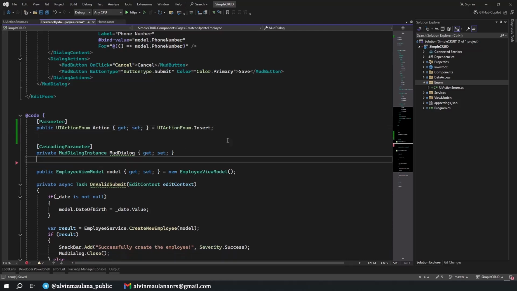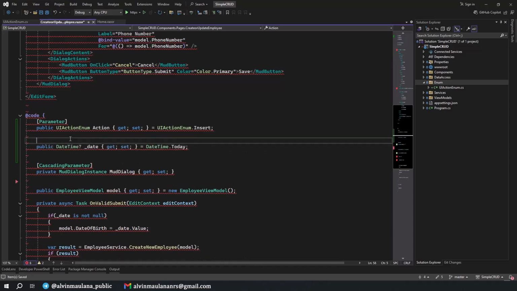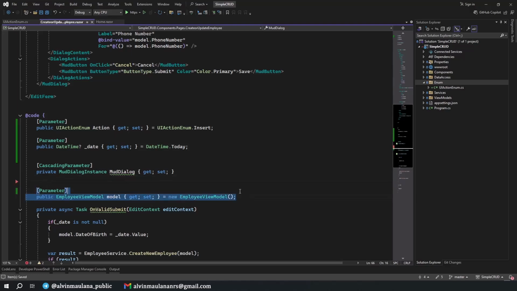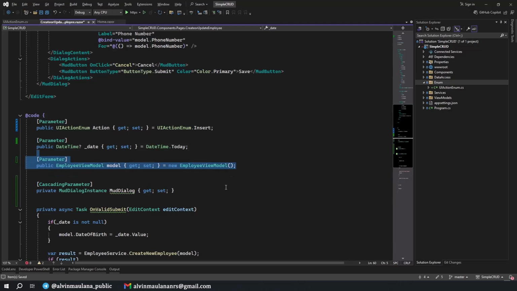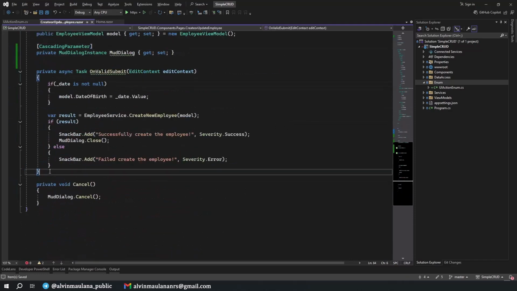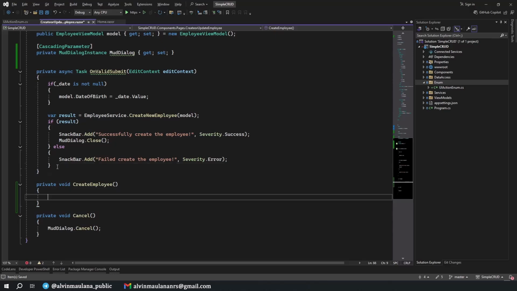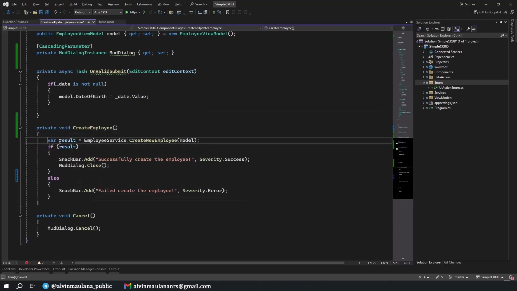And then this one should be a parameter also, because we will define this when we try to show the current user, current employee, I mean. And also this one we set as a parameter. Move it to the top. Okay. And we need to have another function, private void create employee, and we will move this into create employee.